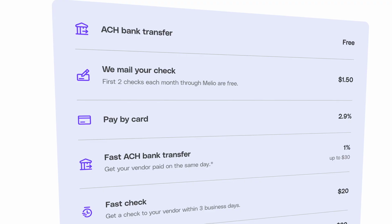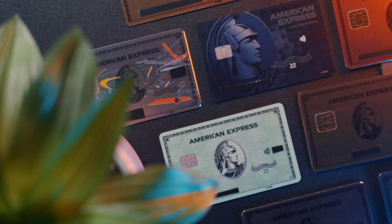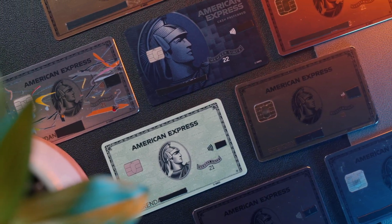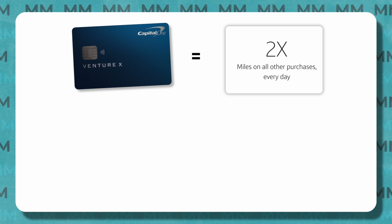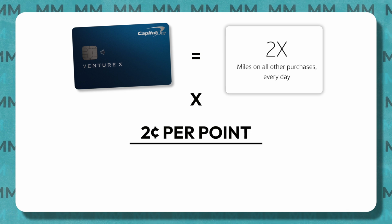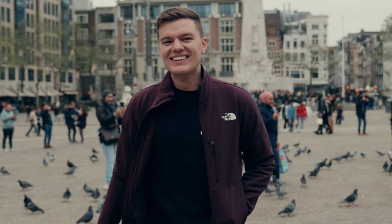Now, there is a 2.9% fee for paying with a credit card, which is fairly standard across the industry, but yes, I do have to pay that 2.9% fee, which can add up. But if I'm able to get 2 points per dollar and then redeem that for 2 or 3 cents per point, then I end up coming out way ahead. That's actually the exact strategy that I use to travel all over the world for free using miles